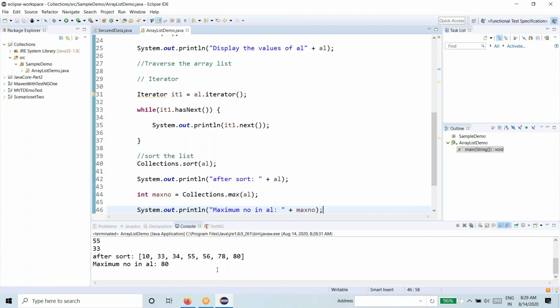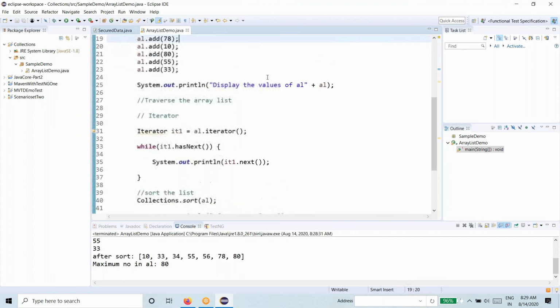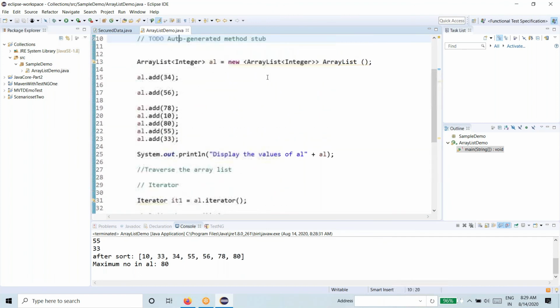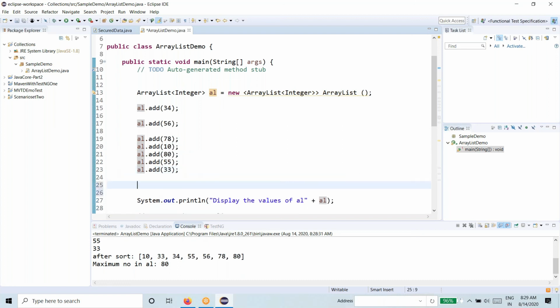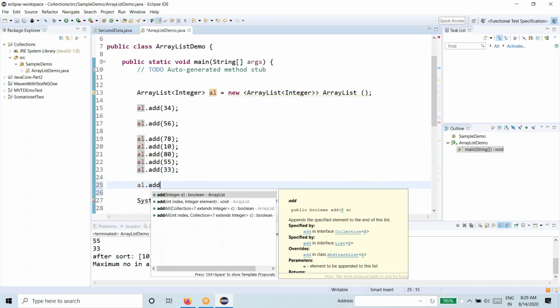So this is the difference between them, and one more thing I need to address over here, like the memory expansion, right? Dynamically array list will allocate memory. If you go and check the code, I have not mentioned the size of the array list, whether I need to store 5 elements or 10 elements or 100 elements. I have not mentioned the static size over here. Now, without mentioning the size, I can add the elements. Now, I should not worry about adding more elements to the list also.